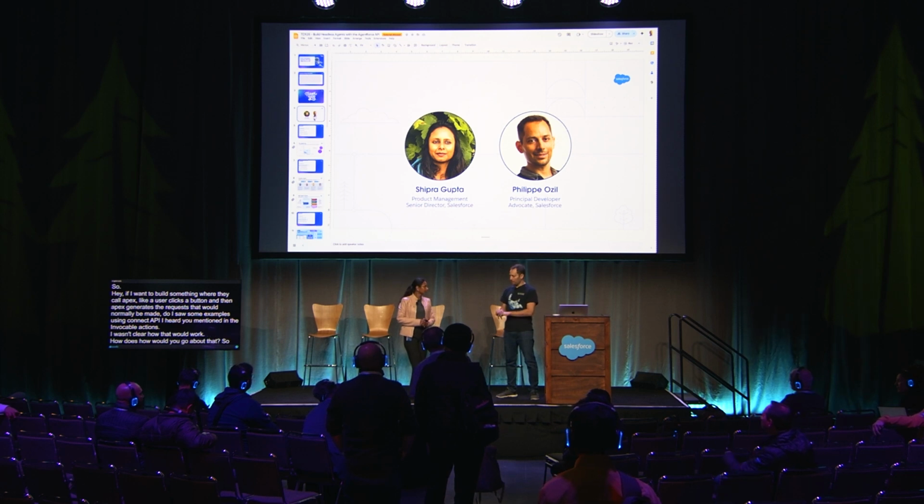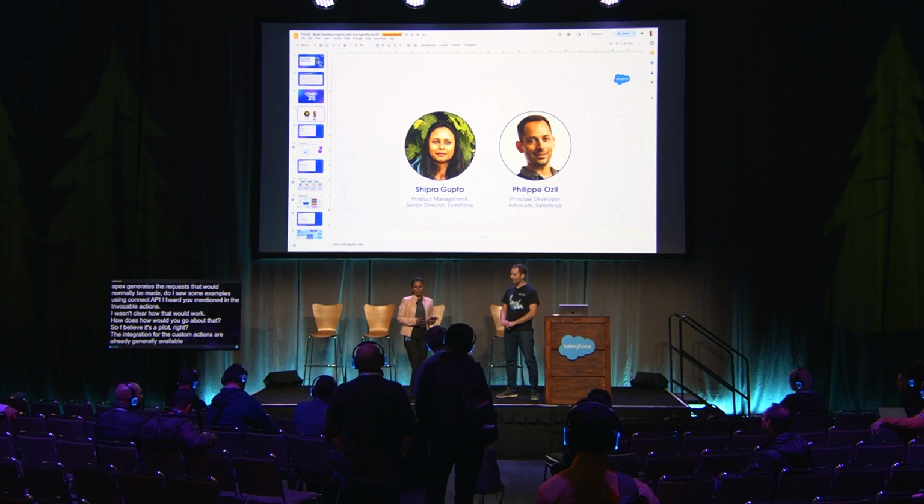So I believe it's in pilot, right? The custom actions are already generally available. The standard actions are currently in pilot. But yes, if you want to invoke an agent headlessly from your Apex, I think the best way to go about that is, for now, you can use the custom invocable actions. If you go to the flow builder today, you will see something like AI agent action. You will see those actions present there in the flow builder, and that's how you can connect to an Agentforce agent. With the standard actions, we will expose API functions more granularly.